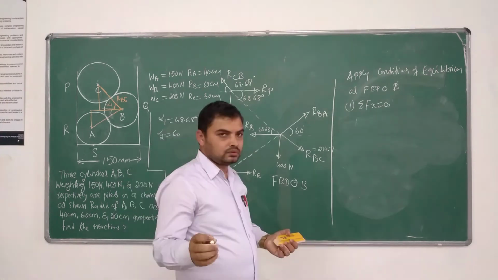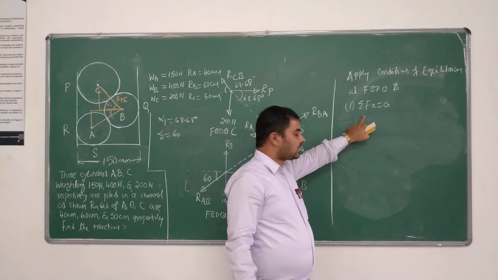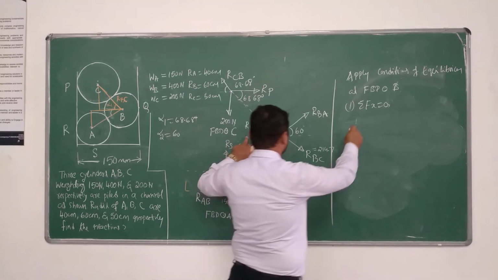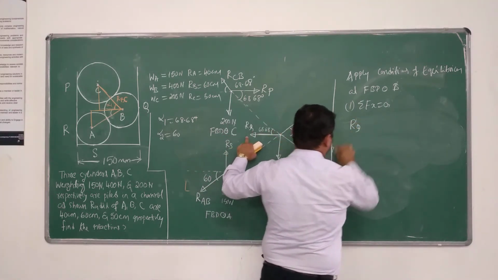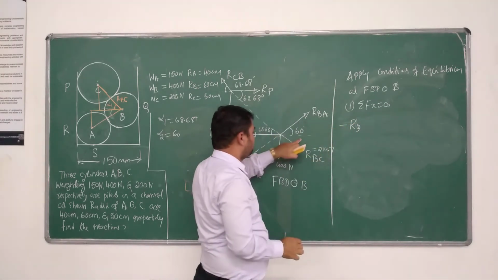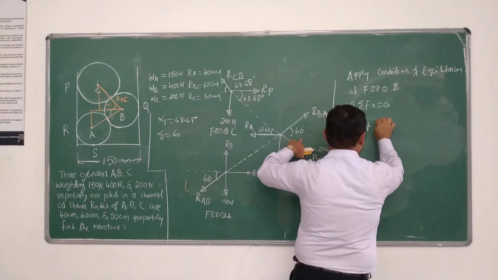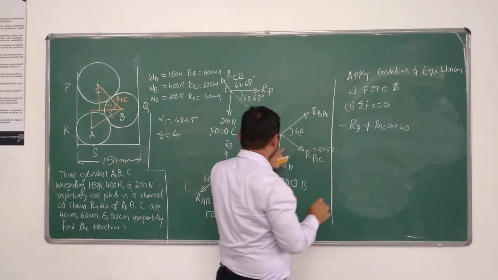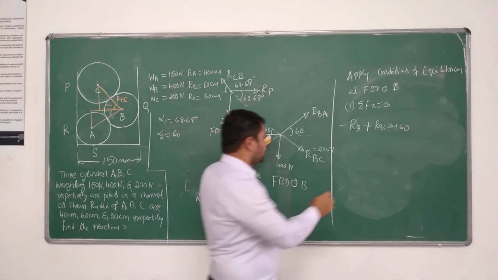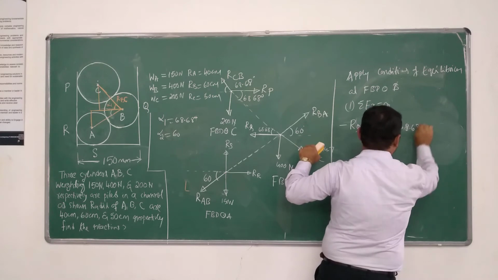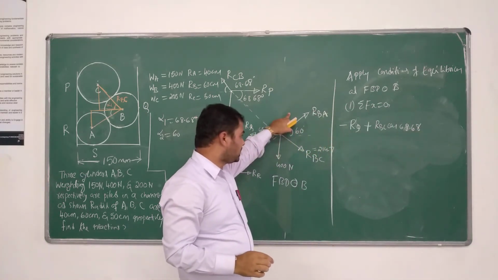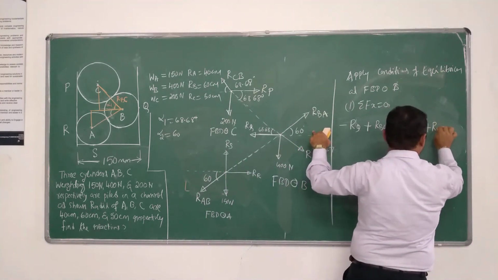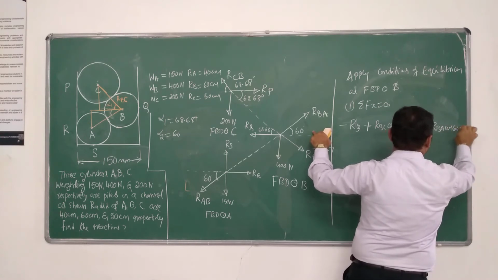What are the forces acting along x? Let us equate all the forces acting along x direction to 0. The first horizontal force here is RQ, in the negative direction, so minus RQ, plus RBC cos 68.68, the inclination of RBC is 68.68. The one more force to be resolved along horizontal direction is RBA, so plus RBA cos 60 should be equal to 0.